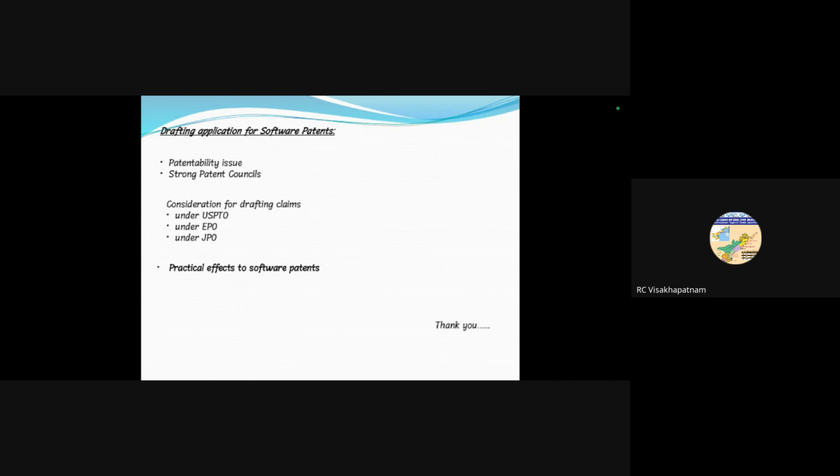The final topic is the practical effects of software patents, because patenting software has become popular. This is difficult to quantify. So many companies filed patent infringement applications against one another, and somehow they succeeded. Most large software companies have cross-licensing agreements in which each agrees not to sue the other over patent infringement, because they want to avoid this type of